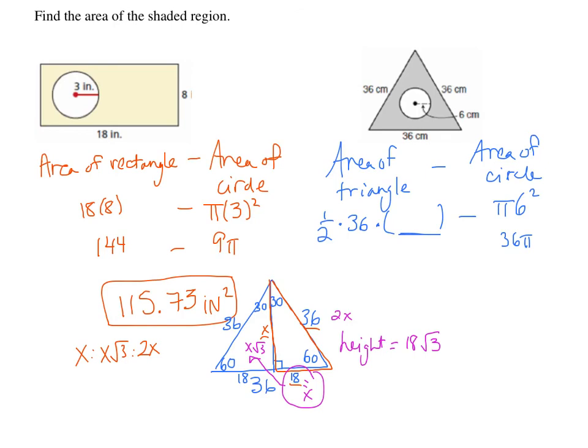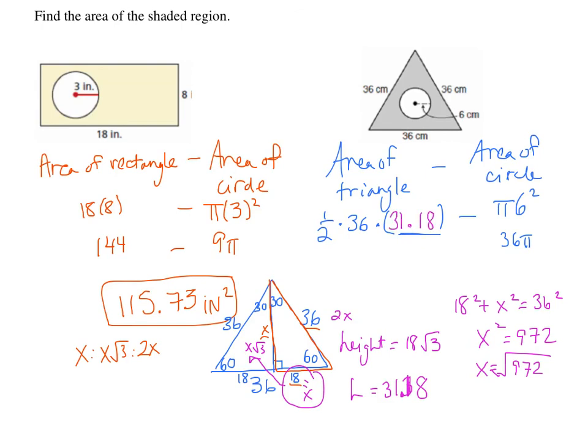So that's probably the fastest way of doing it, but if you do Pythagorean theorem again, you would end up with, let's see, we would have 18 squared plus my x squared equals 36 squared. In the end, we would have 972 once I subtract everything over, and then I take the square root of 972, and either way, you should get around 31.18 is what my height will end up being. So if we go back up here and we simplify this, the area of my triangle just by itself is